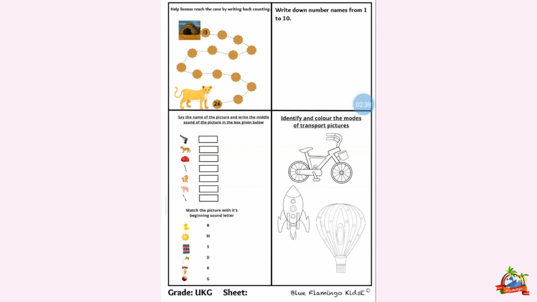Next question. Write down number names from 1 to 10. In this box you have to write number names. इसमें आपको 1 से लेके 10 तक number names write करना है. Let's revise number names. O N E, 1,